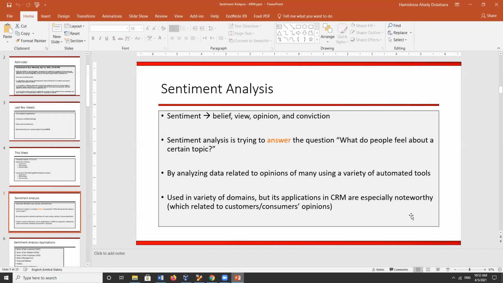Many times people don't answer your questions or surveys. Instead of that, you can easily run a text mining program,